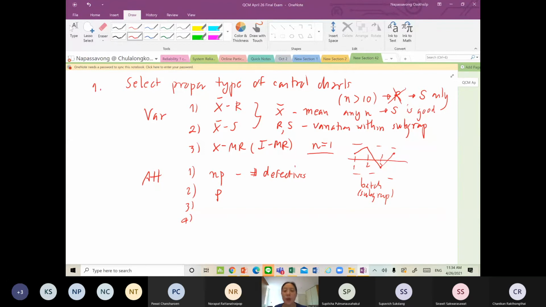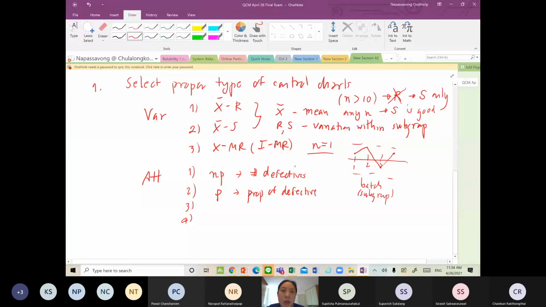Okay. So actually NP and P represent the same thing. It represents how many parts that we produce as defective, right? But P we represent as the proportion, and NP we represent as the number of parts that are defective. Okay. So for example,